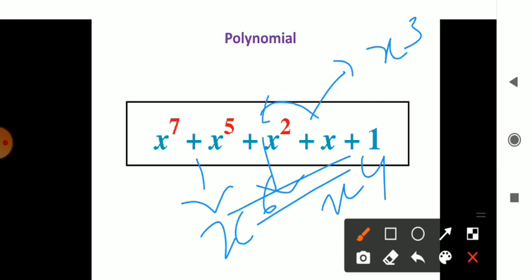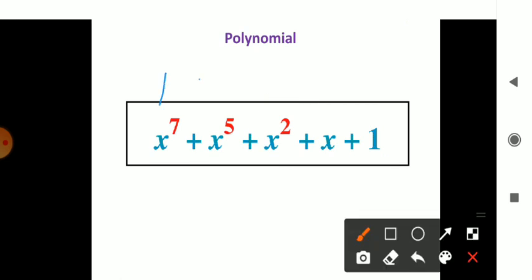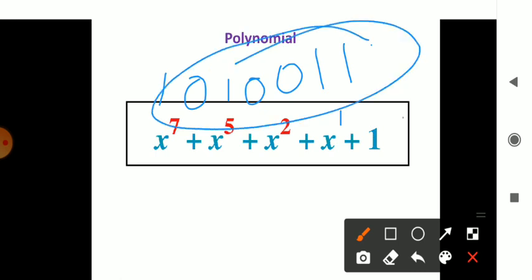Then you have x to the power 2, x plus 1. What does it mean? The others are 0. These are your bits: this is 1, 6 is missing, then you have 1, 5, 4 is missing, 0, 3 is missing, 0, 2 is there, 1 is there. This is nothing but x to the power 1. So 1 is there. This is your bit. It will be considered and your final bit will be added each and every time. This becomes your sequence.